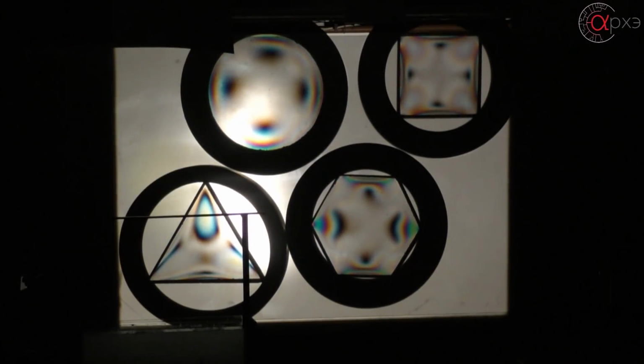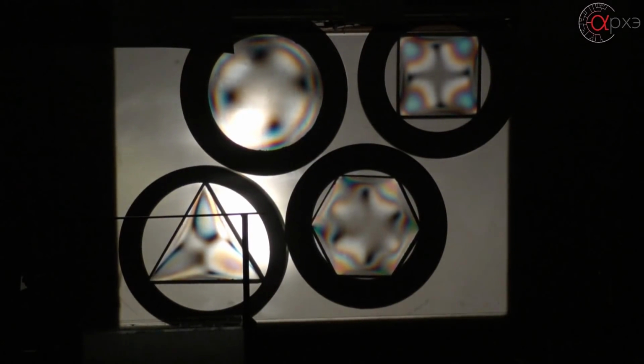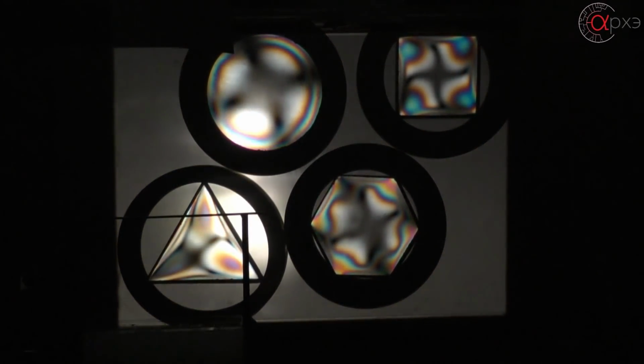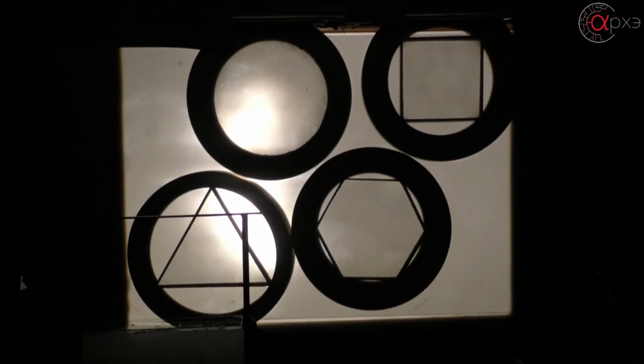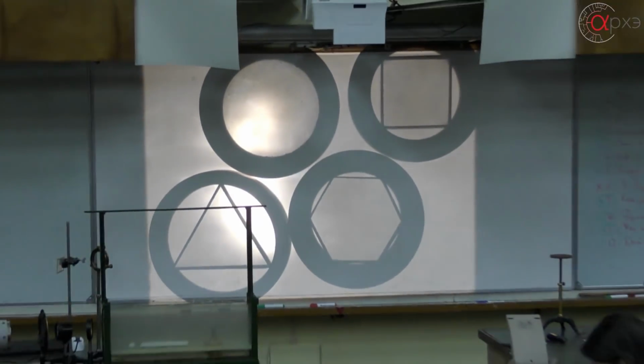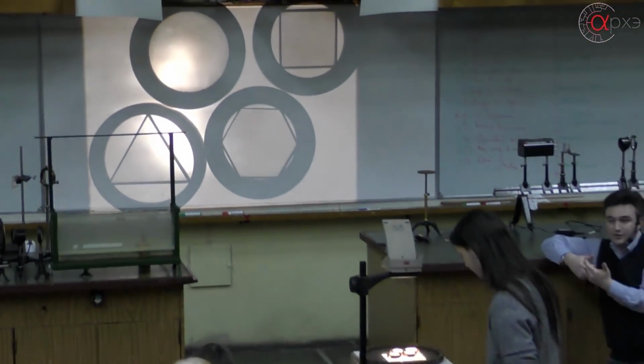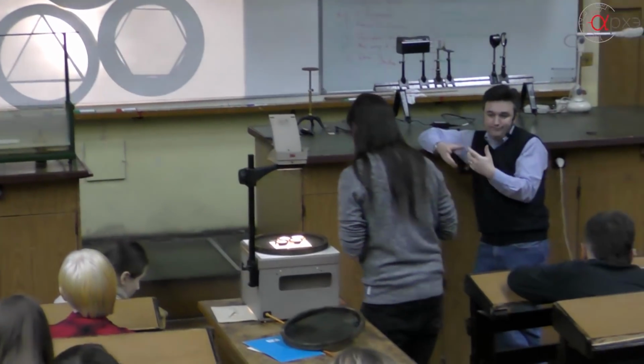So this specially prepared light, prepared by the first Polaroid, passes through this plastic. And this plastic does something else to light, so that we can see the effect if we add the second Polaroid. Now, the colors that you can see on the screen depend on something. What is it?